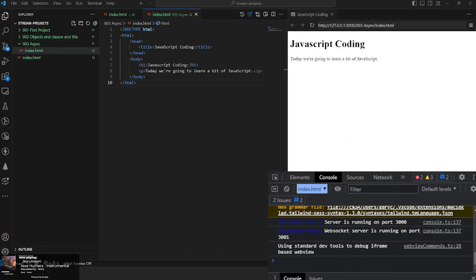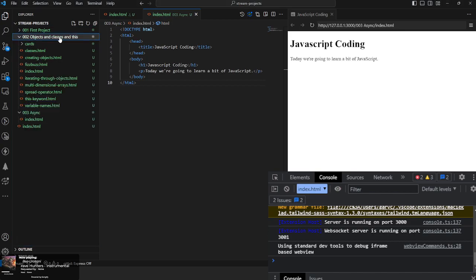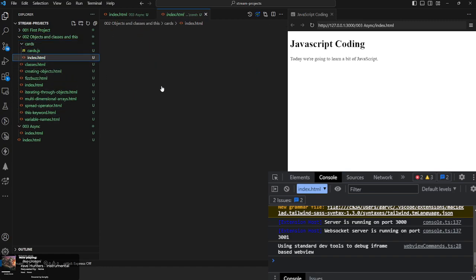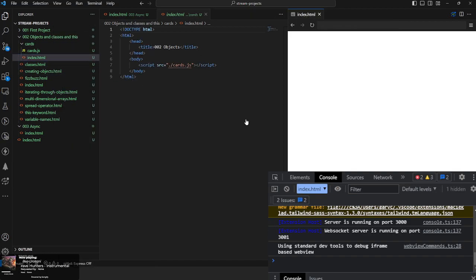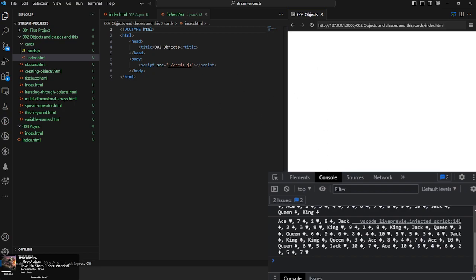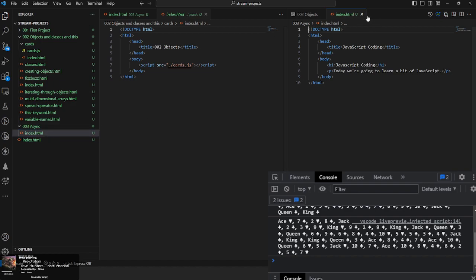So we're back at Visual Studio Code. Last time we discussed objects and classes and the this keyword, and we've made a start with a small card game. It's not exactly a true card game. There's nothing visible here, only in the console, but we might be able to turn this into something more visible. But let's first start with